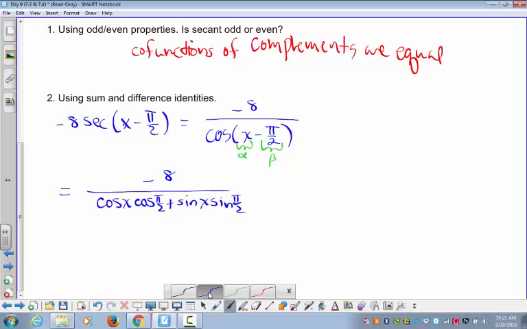All right. Now we can do some evaluation here. What is cosine of pi over 2? 90 degrees, cosine's the x value, that is 0. So this is all going to go away because that factor has value 0. This factor, sine of pi over 2, 90 degrees, sine is the y value, up there is 1. So we get that. And now we can return to cosecant, and we would have that. So that's a way using the sum and difference identities that we learned on,